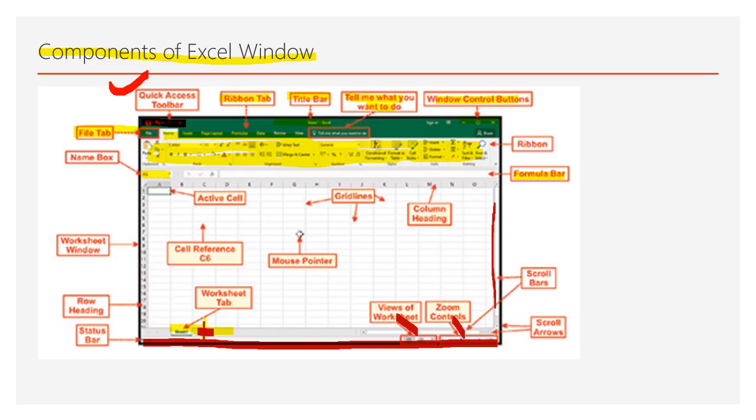This is called the vertical scroll bar and this is called the horizontal scroll bar. You know that we cannot see the whole worksheet in one window. So there are scroll bars to move up and down, and to move left and right. So this is all about the components of the Excel window.